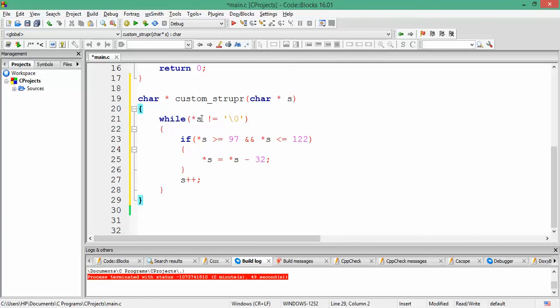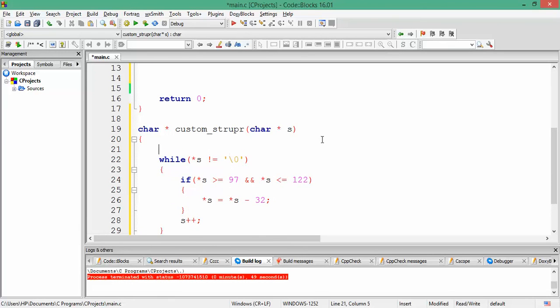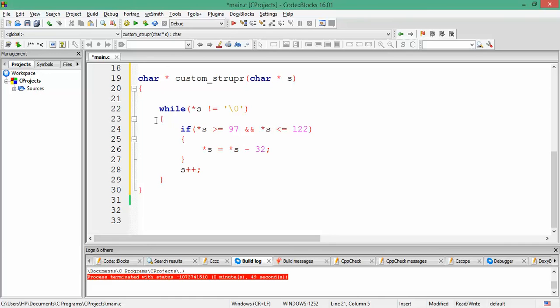At that point we would come out of this loop, and we are going to return the address of the string. Because s at the beginning of this function was pointing to the first character, but after this loop has run, s would point to the null character, that is, the end character. So we need to return the address of the first character of the string.